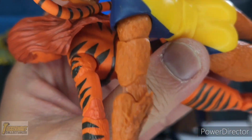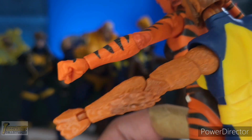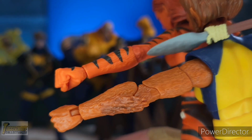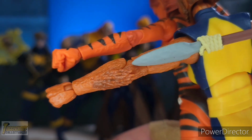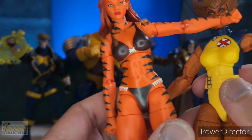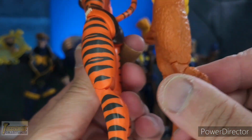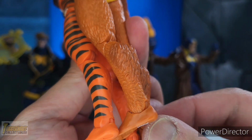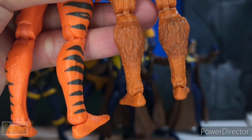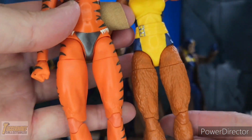Looking from the top, you can see how different they are. Even the elbows are sculpted differently. There are parts of the double jointed elbow of Tigra without any sculpted fur, unlike Wolfsbane, which has all fur on the double jointed elbows. Looking at their legs as well, the same is true with the double jointed pinless knees. Wolfsbane has those sculpted details. Overall, Tigra's body is a little bit smoother compared to Wolfsbane, wherein at every part of her legs and arms